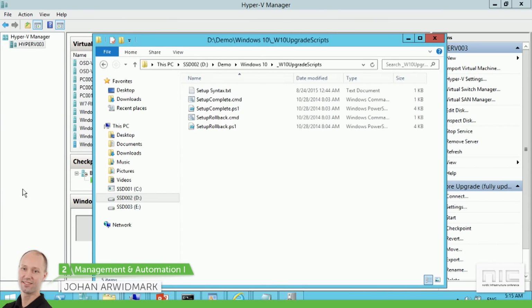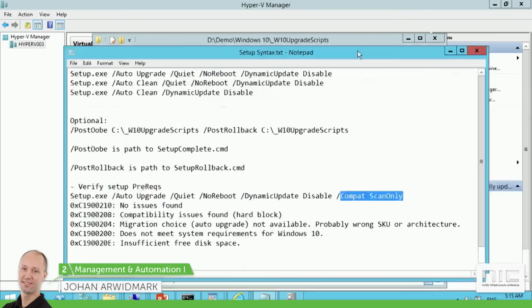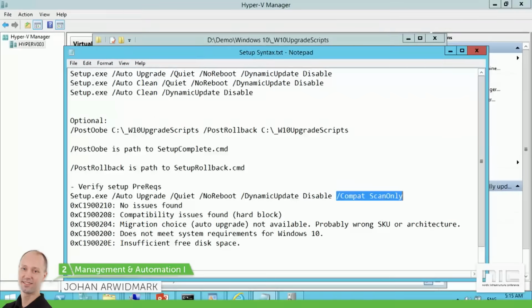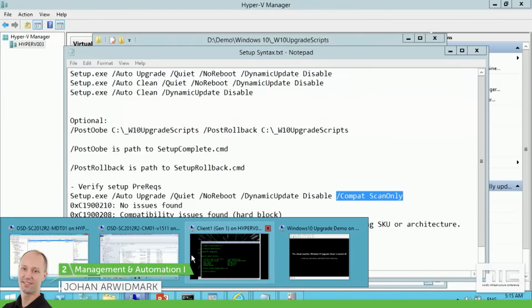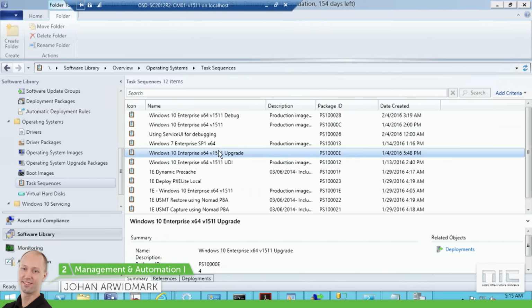By adding this switch, /compat scanonly, to the setup, and then we'll only do a check. If you have antivirus software that would prevent it from running, if you have too little disk space, things like that. And even cooler, as I demonstrated yesterday, in the Config Manager upgrade sequence,